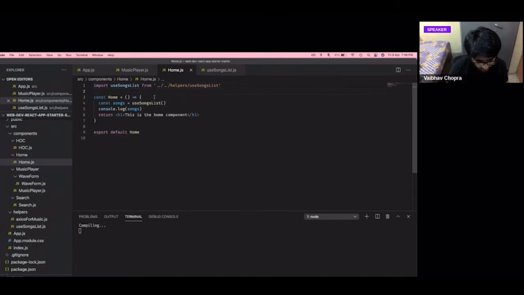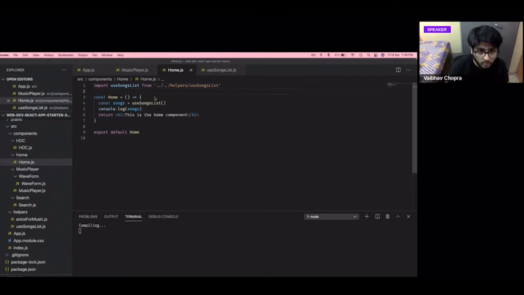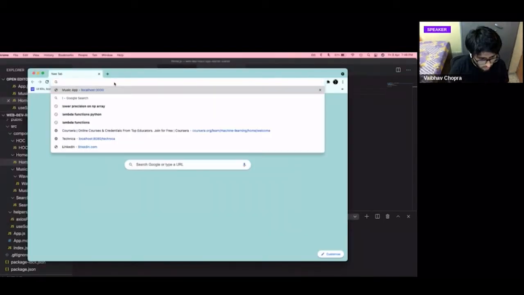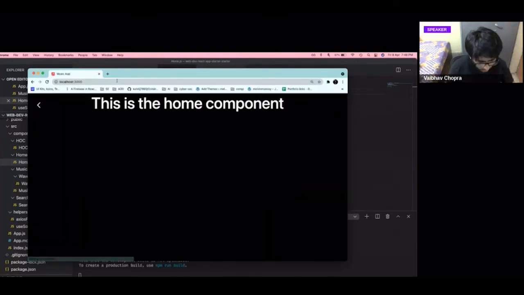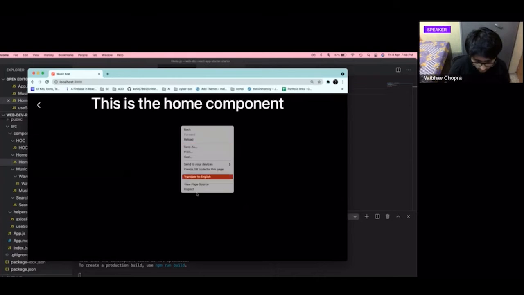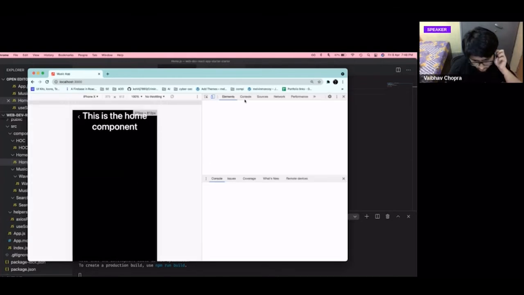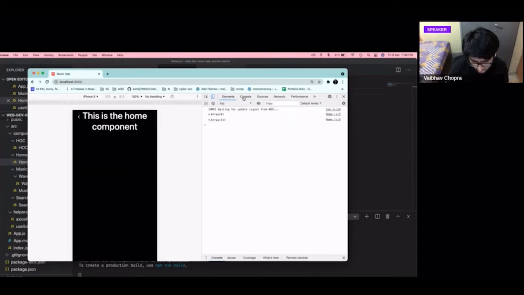Yes. So once we save this and we go back to our browser, where is my browser? Okay. Localhost 3000. So if I go and check out my console, it should ideally show me an array of 15 songs, like you can see.